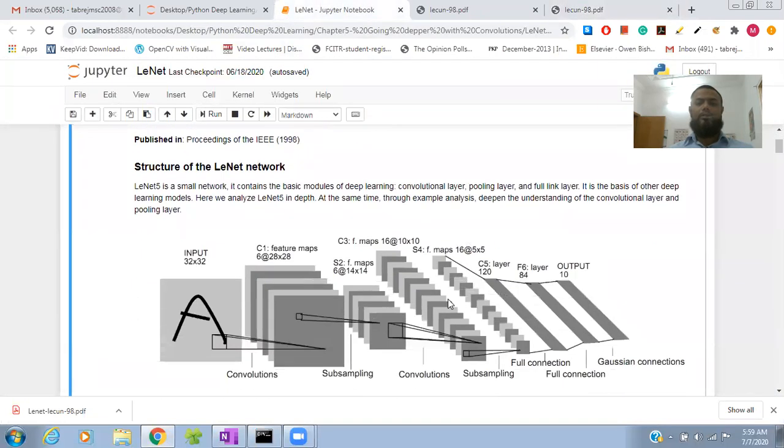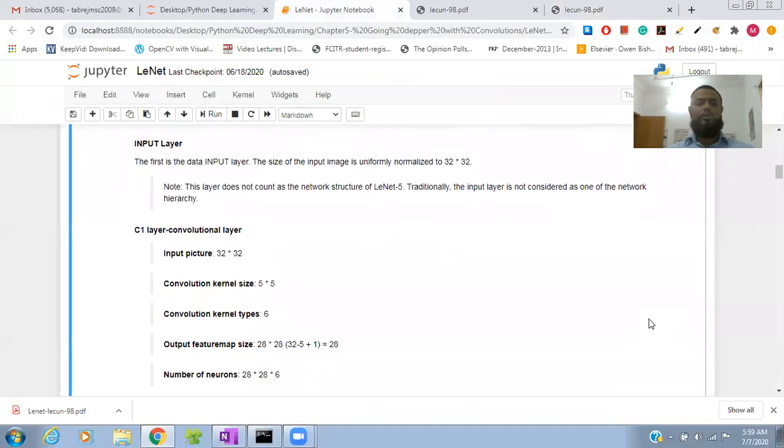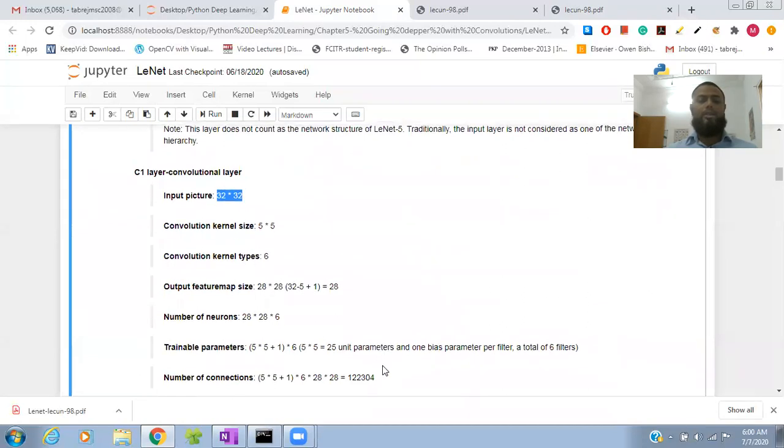So this is all about our architecture, and the input picture is this one, and a convolutional layer is there. If you want to calculate the output feature map, you can easily calculate: 32 is the input picture size, so 32 minus 5 plus 1 becomes 28.